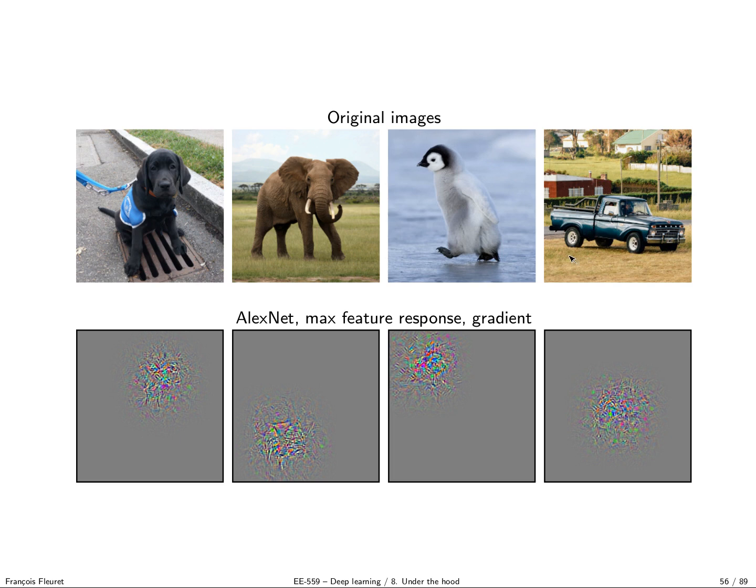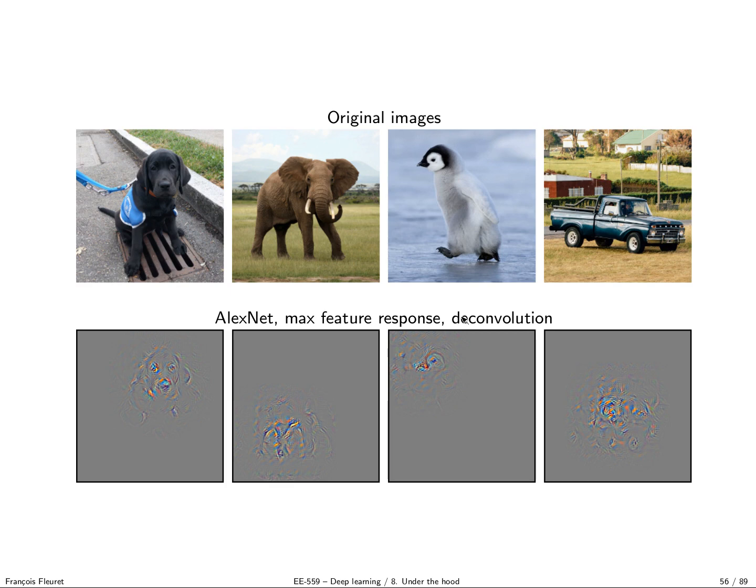Again, maximally responding unit does not mean the most important to make the final decision. It means the maximally responding unit on this image in this network. If we move to deconvolution with the same stuff, deconvolution of the maximally responding unit, we get this, which is far better. So deconvolution is really neat. We see the head of the dog quite nicely, the elephant, the penguin, the car. And if we go to guided backprop, which is in some ways a product of standard gradient descent and the deconvolution of Zeiler and Fergus, we get something very nice, the head of the dog and the legs of the elephant.